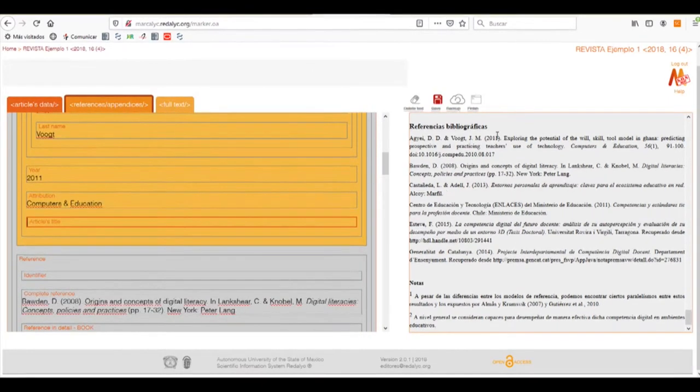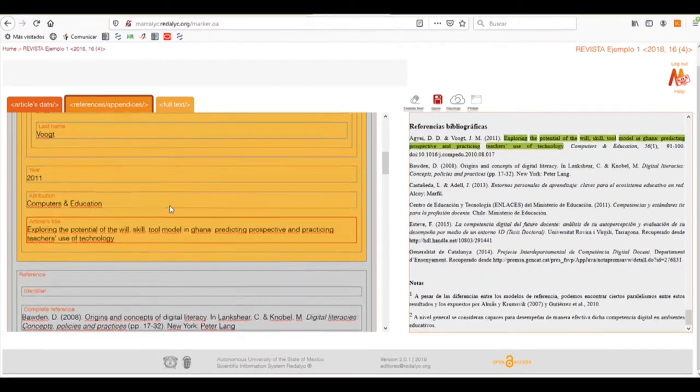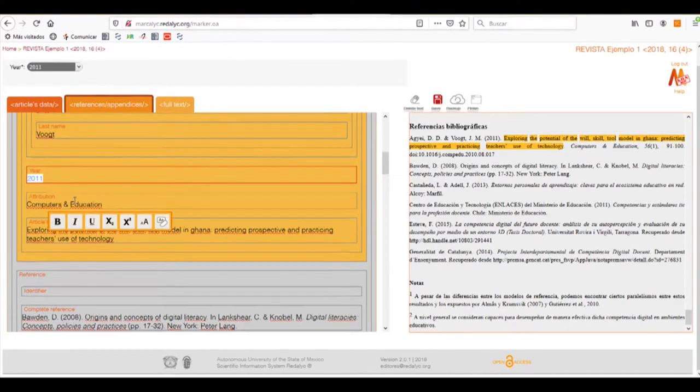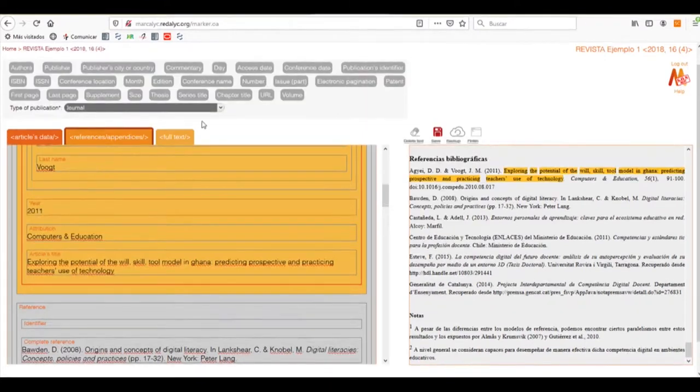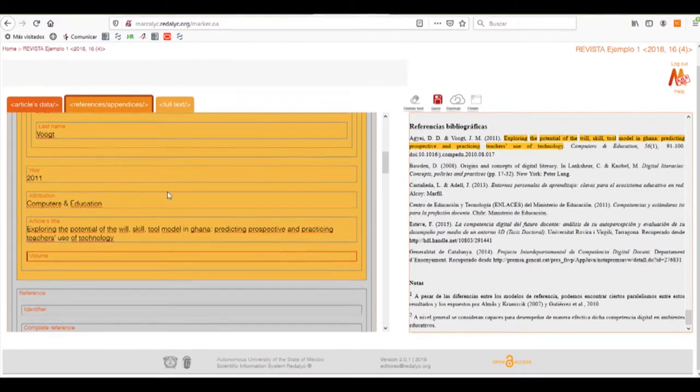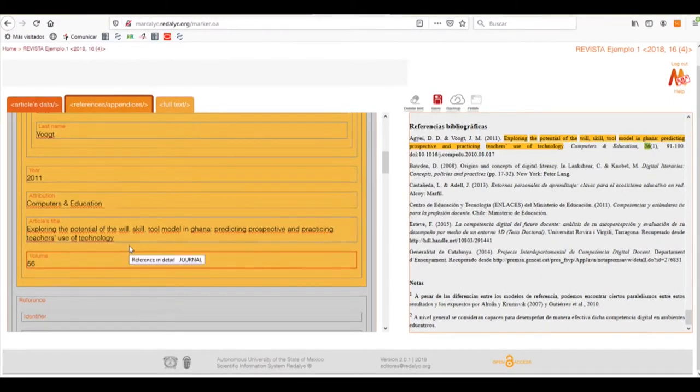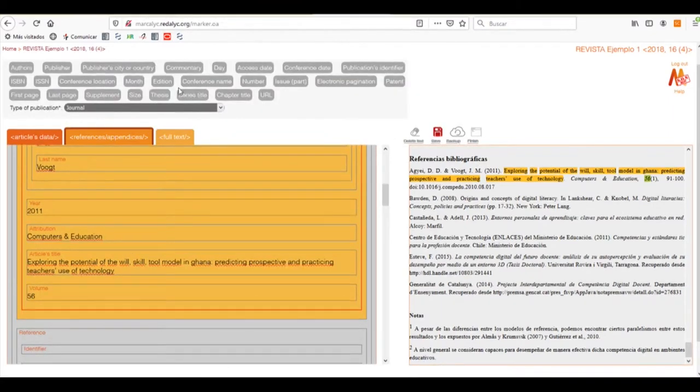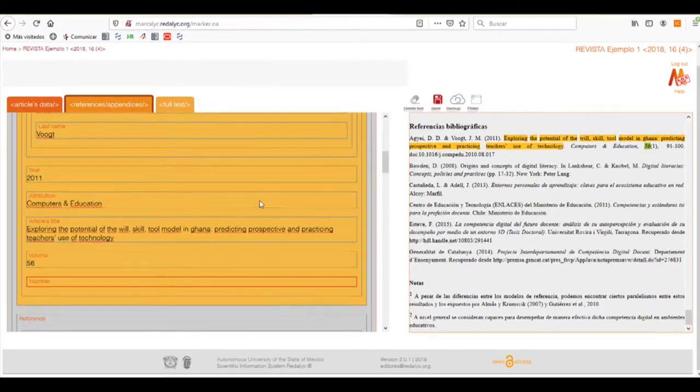In this case, it's the following. As you can see, we need only to click and drag, and it will select automatically what we need. We then click again in the reference in detail journal box, the mother box, to name it in a way, and then select the volume, in this case 26. Then click again and click on the number 1,